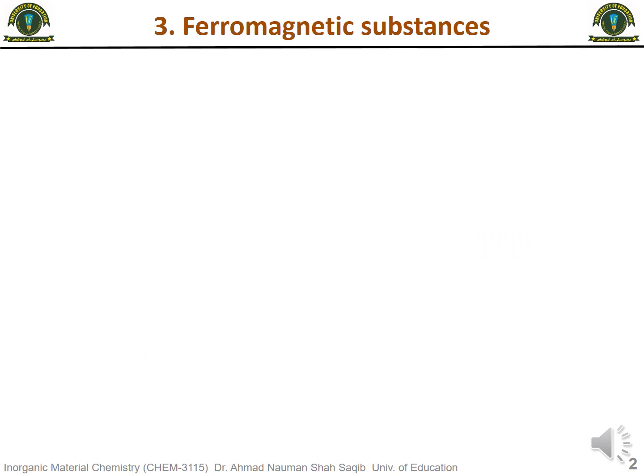So next we have a third type of magnetic substances known as ferromagnetic substances. In the previous lecture we studied two types of magnetic substances, known as diamagnetic substances and paramagnetic substances, and today we will study the remaining types of magnetic substances. As in the last lecture we discussed, diamagnetic substances are repelled by the applied magnetic field or the external magnetic field,